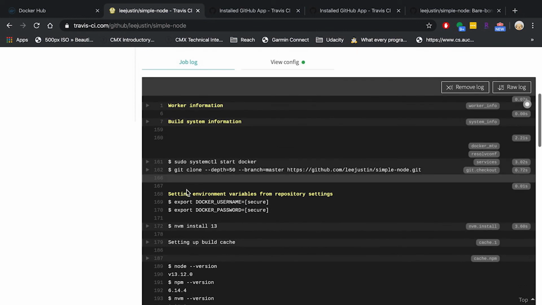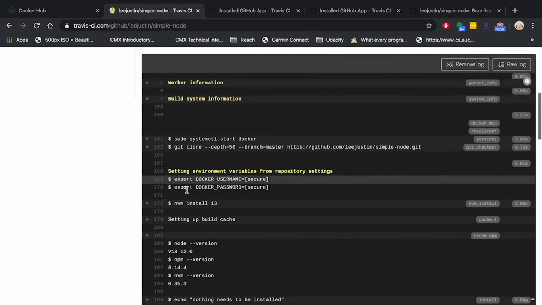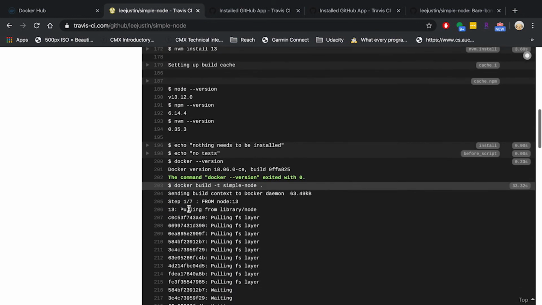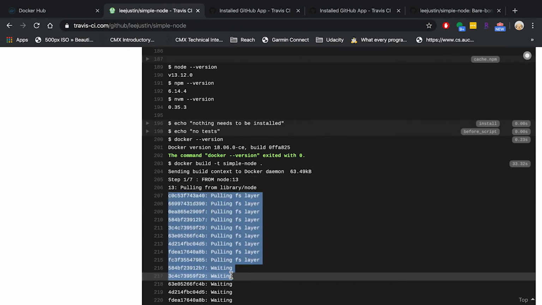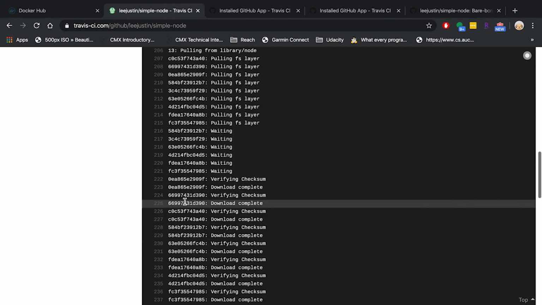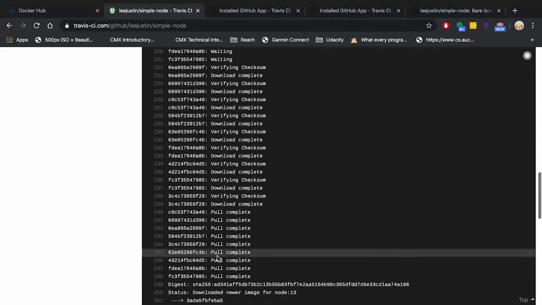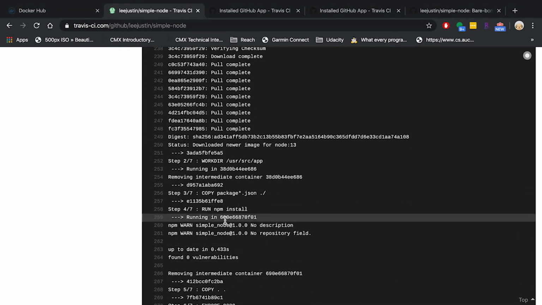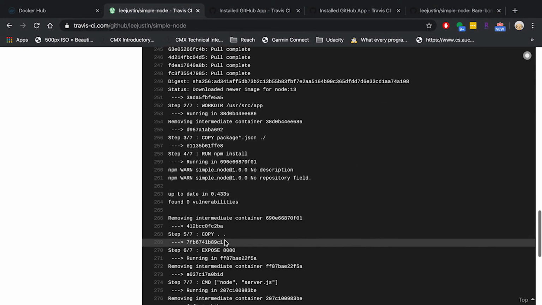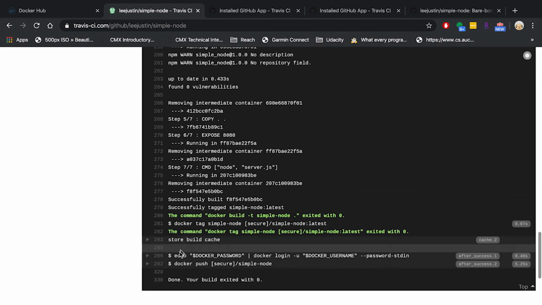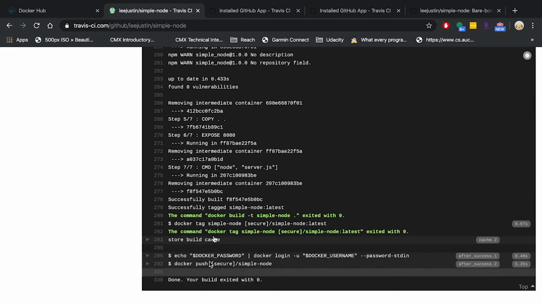Now, since this has run for a few seconds now, I just want to show you what the output looks like. We can see that all these commands look very familiar because at the end of the day, they're just running the same Docker commands, but on a remote environment that's trying to execute this for us. It runs this process going through the steps that we've specified inside the YAML file.